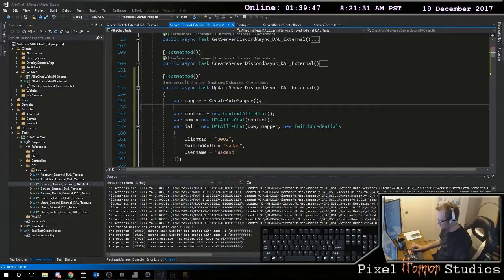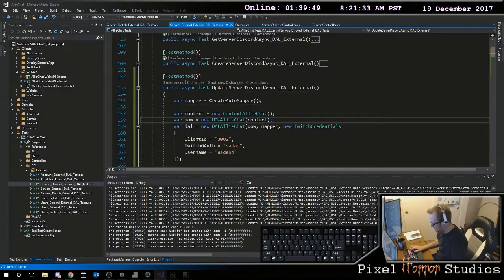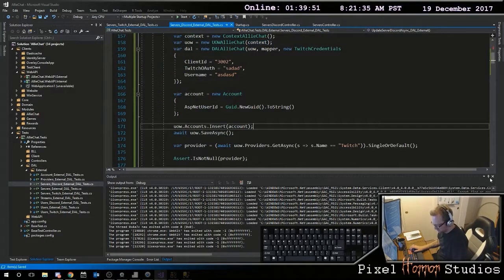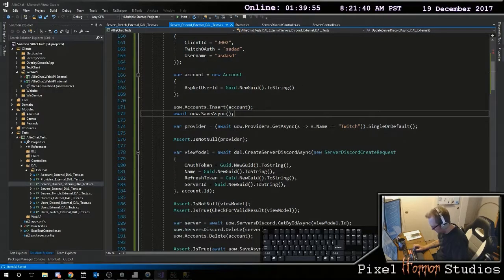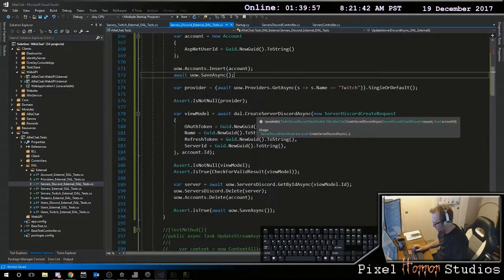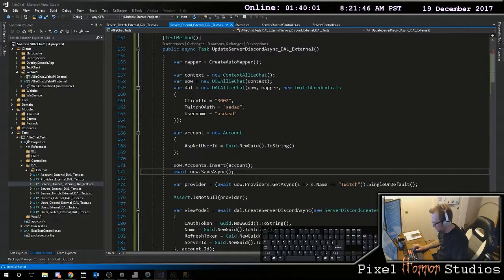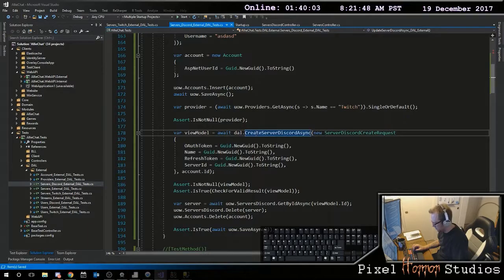So to do this, we're first going to create our mapper. Then I'm going to do all this different fun stuff. I create an account. I'm going to grab the provider associated with Twitch. Then right here, I create one. This is an update. So here, what we actually want to do is